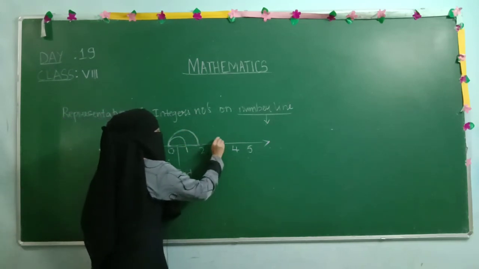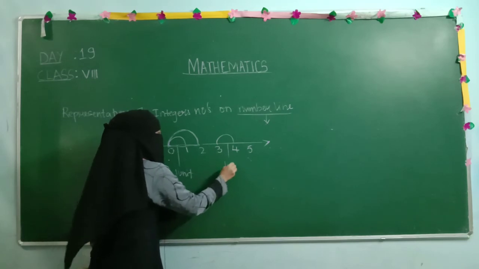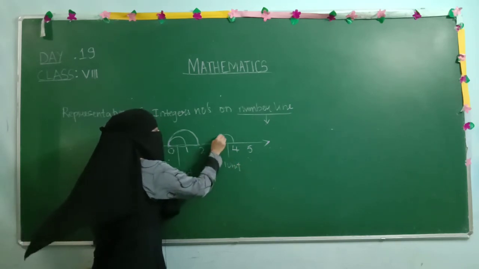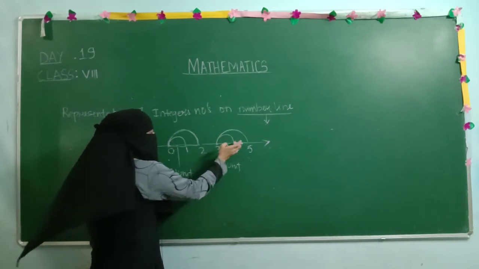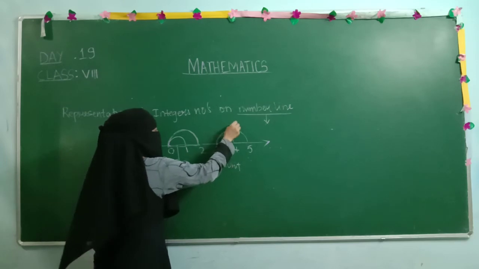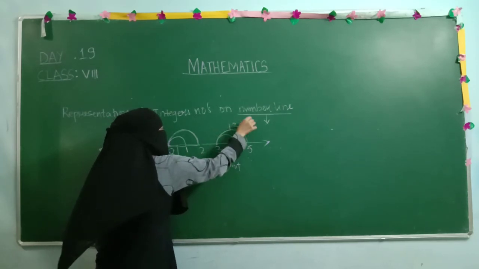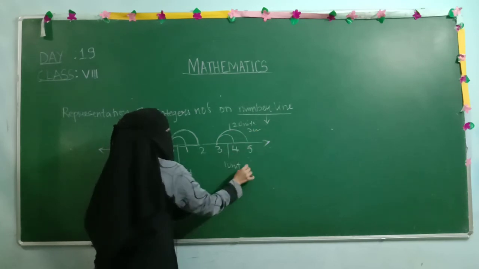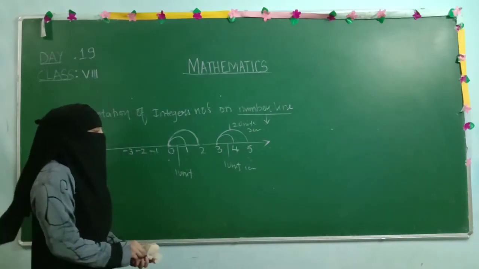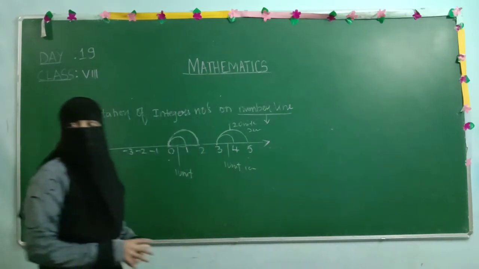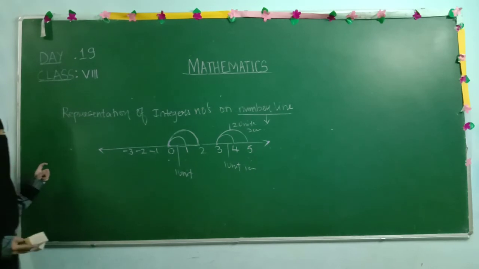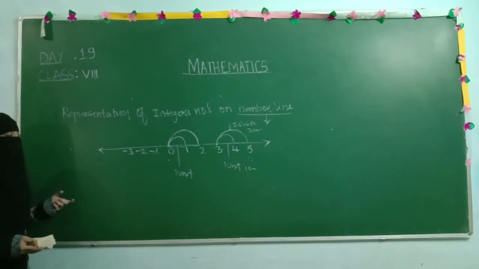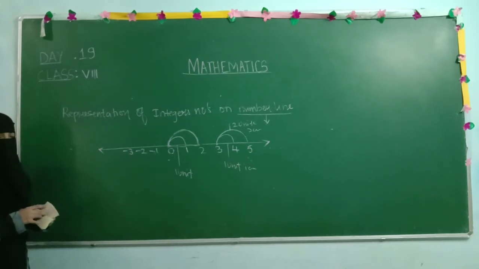If you are talking about just 3 to 4, at that time it is 1 unit. Now 3 to 5: 3 to 4 is 1, 4 to 5 is 2. So it shows 2 units, or 2 centimeters, or here it is 1 centimeter. Did you get the difference? This is centimeter and these are the units. So this is very important. Why are we checking whether it is a unit, a centimeter, 1 unit, 2 units? Because now we are going to study how to represent rational numbers on the number line.